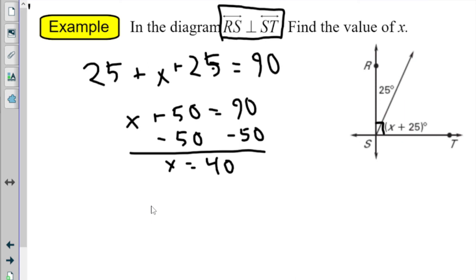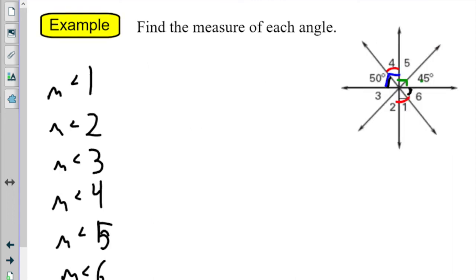Now back here, I have one more that I skipped over. I said we'd see a lot of 90s. There it is again. Back here, I had one more that I skipped over. So this is one that I want you to try on your own here. So getting all these measurements,